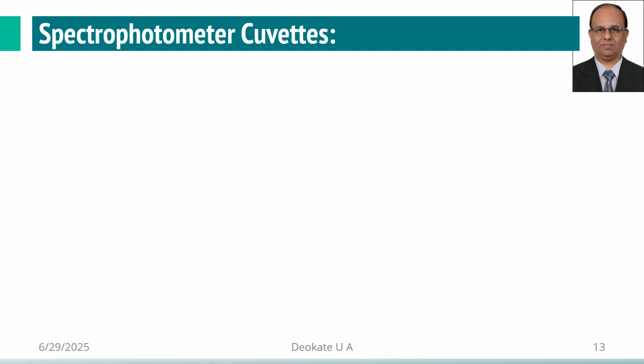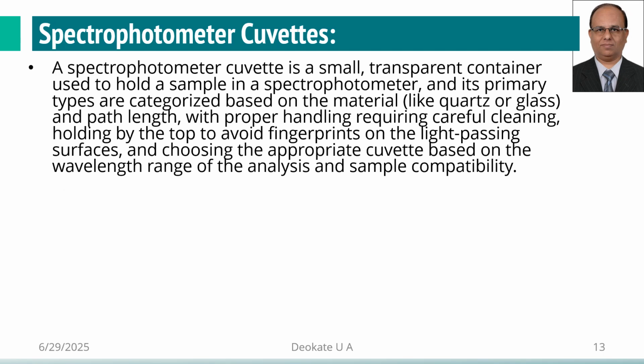Now we will talk about the spectrophotometer cuvettes. A spectrophotometer cuvette is a small transparent container used to hold the sample in a spectrophotometer, and its primary types are categorized based on material like quartz or glass and path length, with proper handling requiring careful cleaning, holding by top to avoid fingerprints on the light passing surfaces, and choosing the appropriate cuvette based on wavelength range of analysis